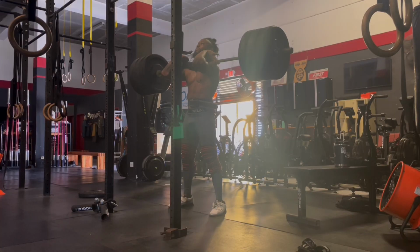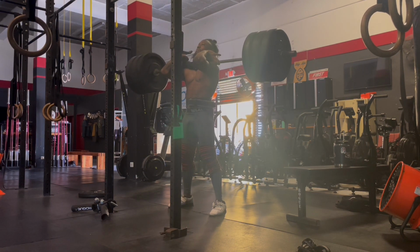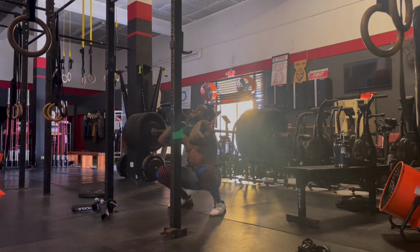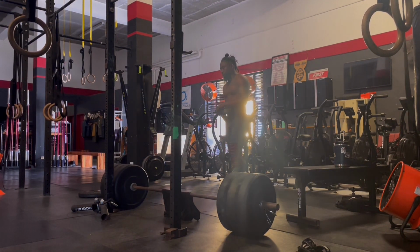Loaded up the 315, and I think I got to like rep 5, and I actually reached muscle failure. Like I felt my quads just go completely numb, and I had no more leg drive. Man, after I felt the numbness of my quads happen, I was really distraught, man, because this is like the first